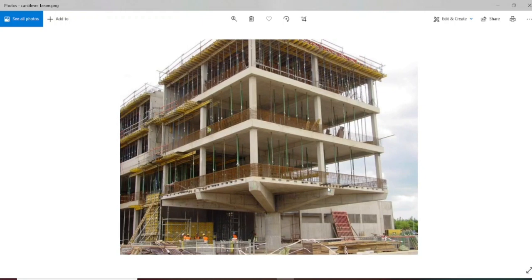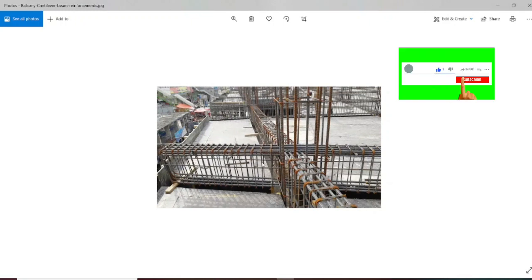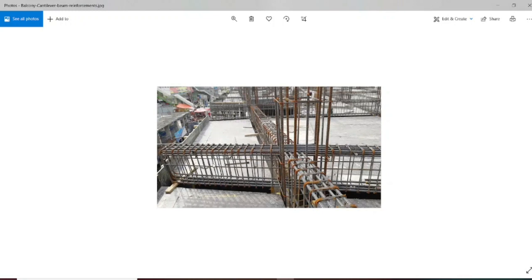These cases are solved when you have a higher load on a cantilever beam, and this is the typical reinforcement which you are going to design. The construction is being done for a cantilever balcony, and you can see the reinforcement is being extended here. This beam is used to take the load coming onto the balcony. So this will be the balcony area, and you will have reinforcement here. Parallelly, you will have another reinforcement. In between these two beams, you will have a slab which is cast after that, and this slab load goes directly to the cantilever beam.